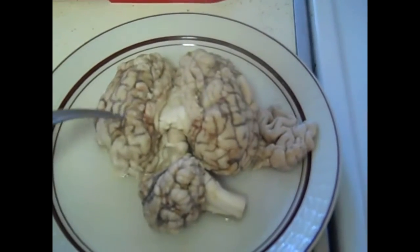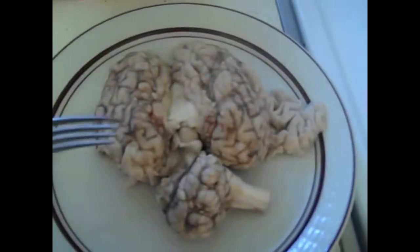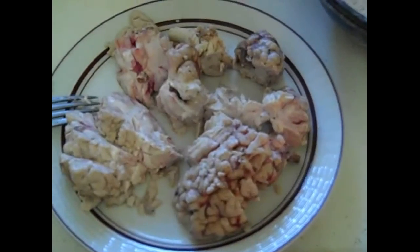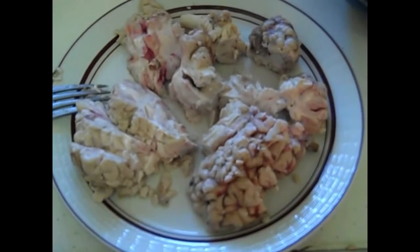I will cut them in pieces, bite-sized pieces. Put those pieces in some scrambled egg. Roll it in flour, and then fry them up about 3 minutes to a side. So stay tuned. Okay, I've let the veal brain cool down for about 10 minutes or so, and then used